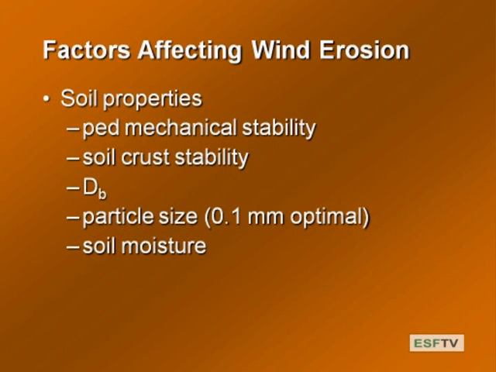So here we had a list of factors related to wind, velocity, turbulence, and then we get down to the soil factors having to do with the particle size, the density, the degree of adhesion, and aggregation. And together these things give us the combined way to think about what's happening with wind erosion, what's susceptible, what's not.